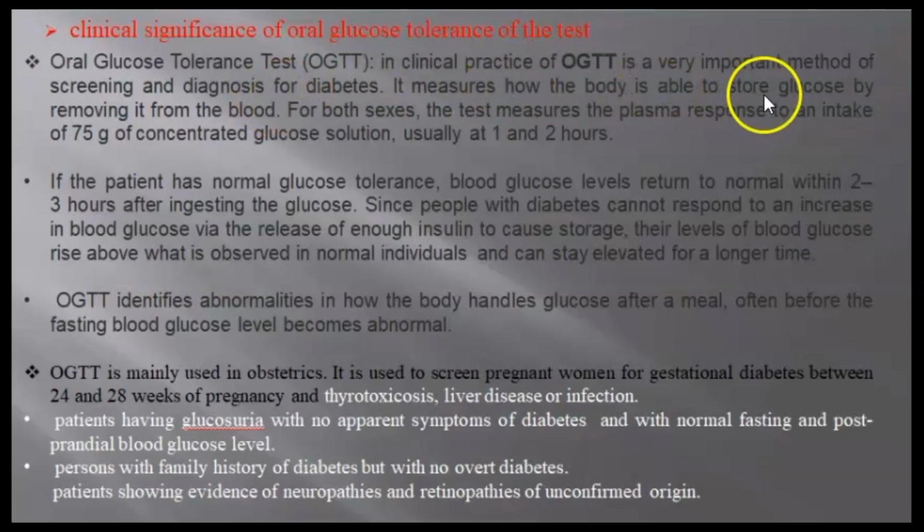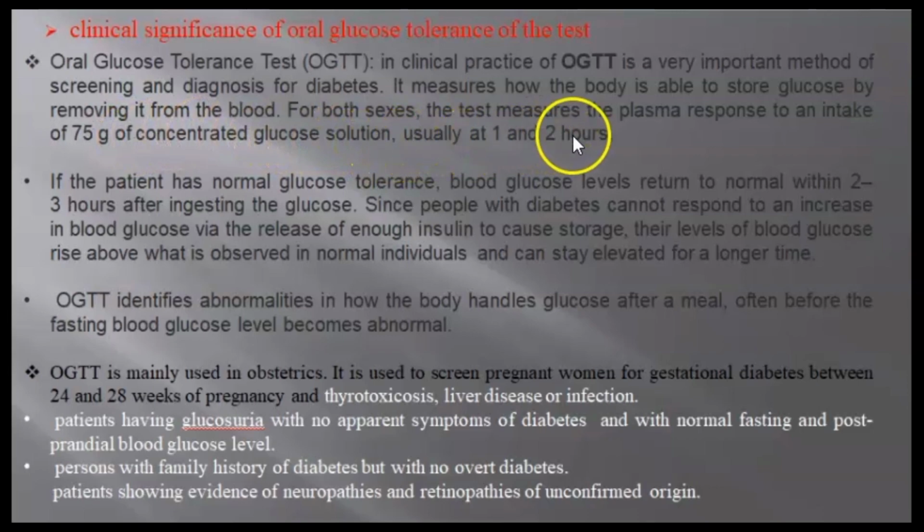Then we can check the amount of glucose that remains in the bloodstream, and also how the insulin is able to remove it from the bloodstream into the cells for energy generation. So this test measures the plasma response to an intake of this 75 grams of concentrated glucose solution,